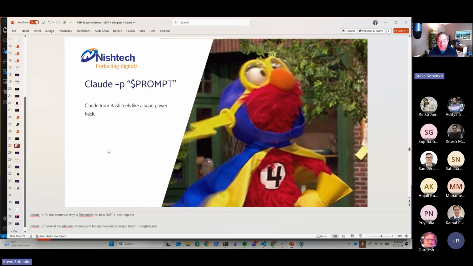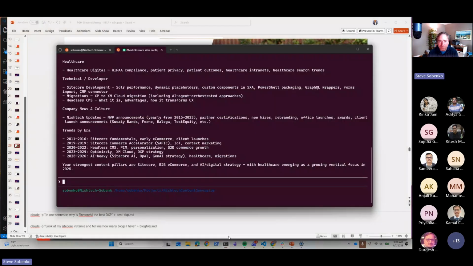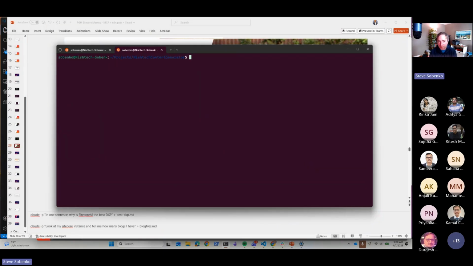is pretty fantastic. We talk about Claude prompt mode. I'm going to cut out of Claude and come back to my browser or terminal. Claude prompt mode allows me to say claude -p, and I can interact with my Claude CLI the same way that I would interact with Claude Code that you saw in the terminal. So I can say in one sentence,